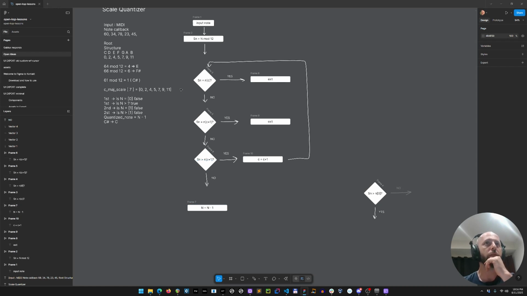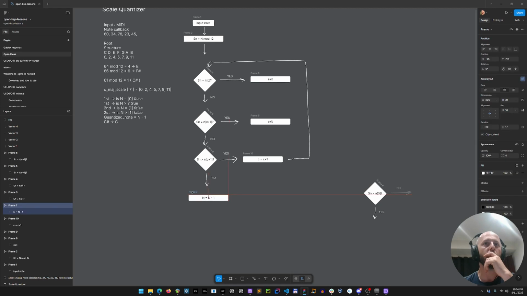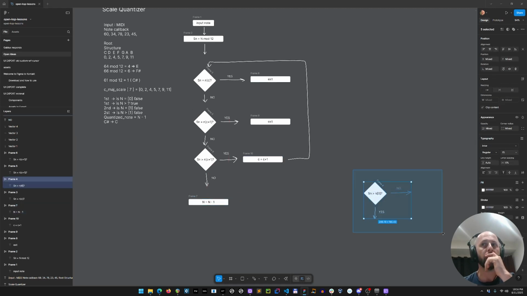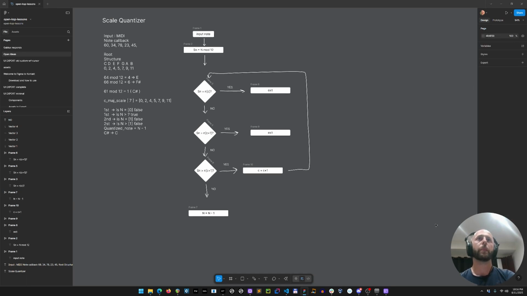Now, what if it was 11? Is 10 equal to 9? No. Is 10 equal to 11? Yes. Exit. Okay, so I was just checking if at some point we would have a part of the loop where C would get to an index that doesn't exist in our array. But for now, it seems like it's pretty solid. I could be missing something, but